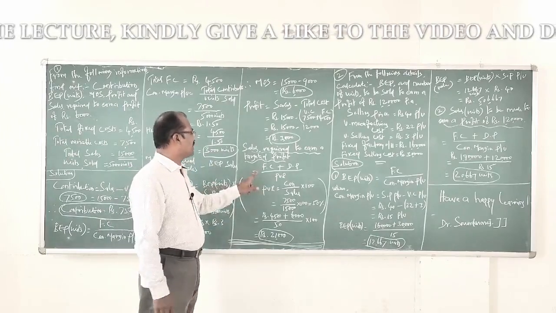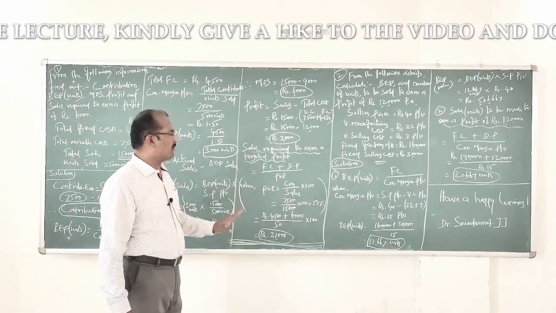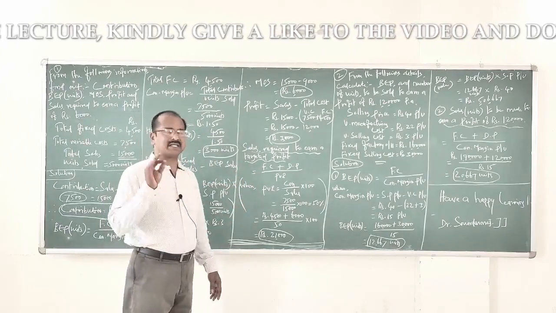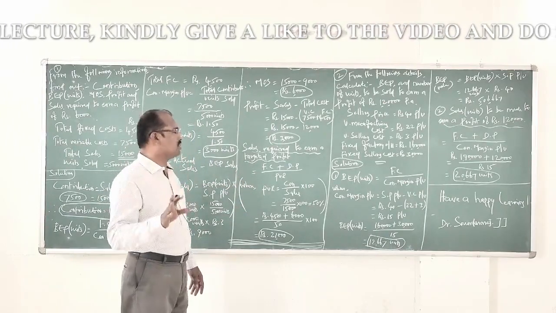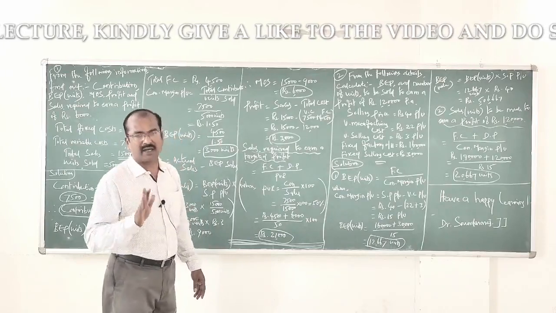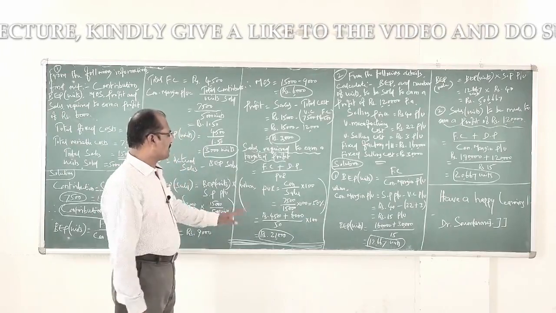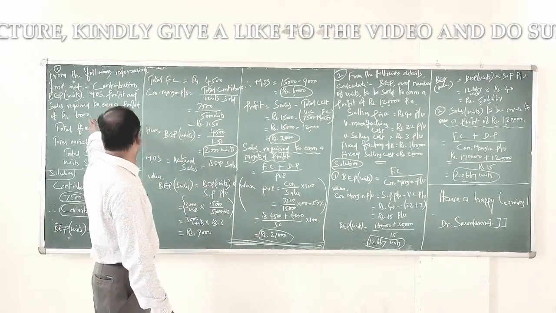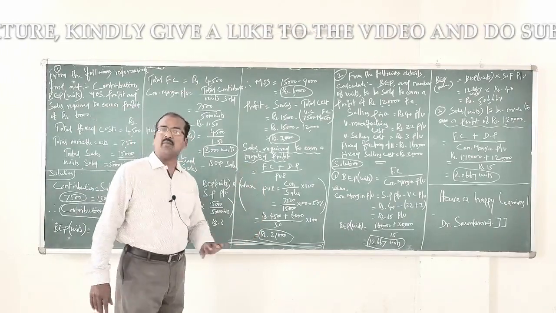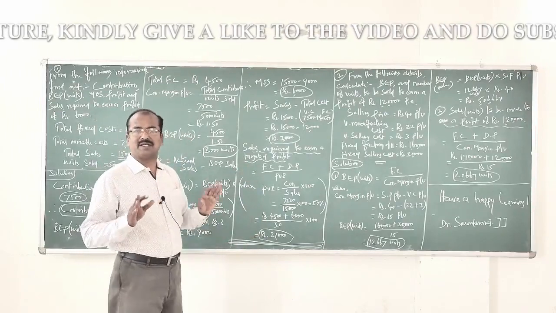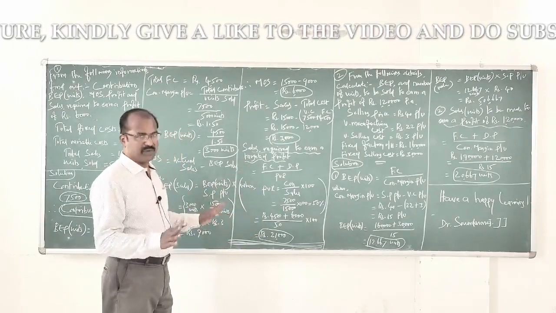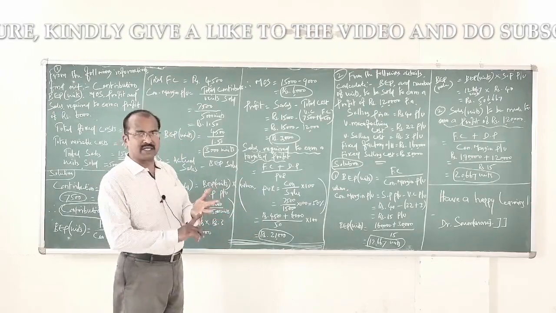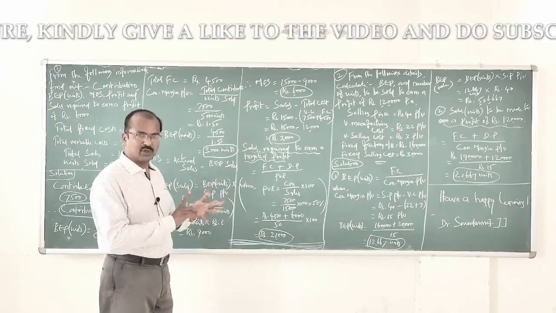And the last one to be calculated in the first sum is nothing but the sales required to be made to earn a targeted or desired profit. The desired profit they speak about in the problem is 6,000 rupees. Yes. So what is the formula? Fixed cost plus desired profit, the whole divided by PVR. We know fixed cost is nothing but 4,500.